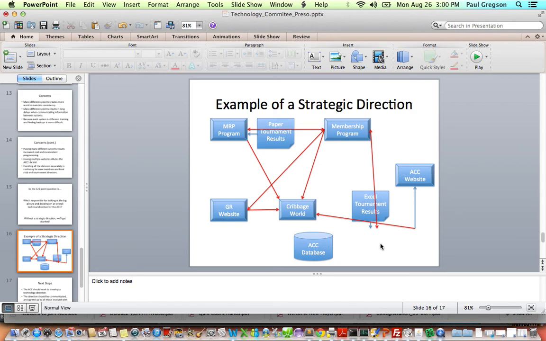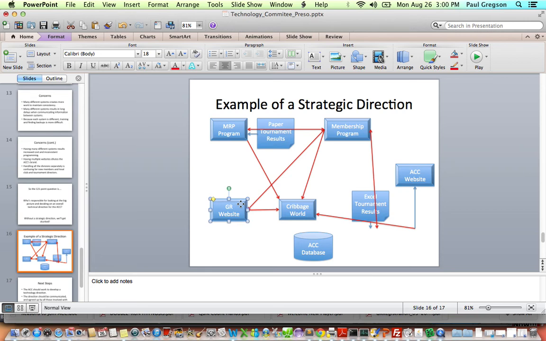So now we've got a single database, all the data for the ACC lives in a single centralized place. Instead of having two websites, what if we worked towards having a single website to consolidate our brand, consolidate where members need to go, consolidate where tournament directors need to go, consolidate so everyone thinks anything cribbage should be done